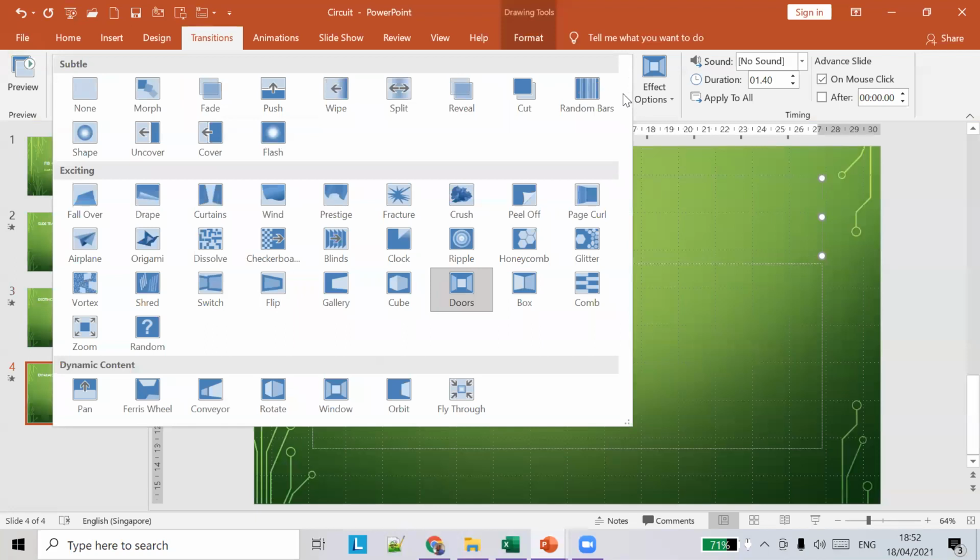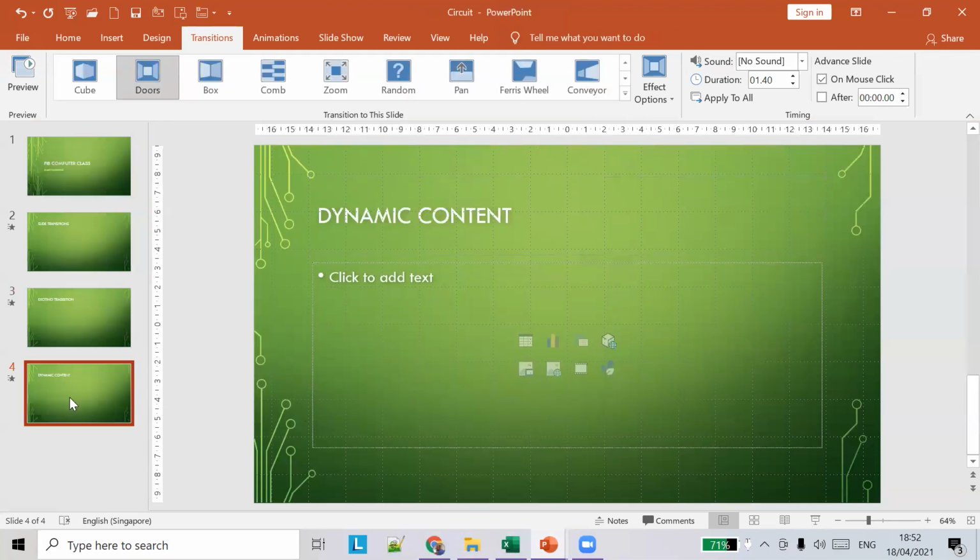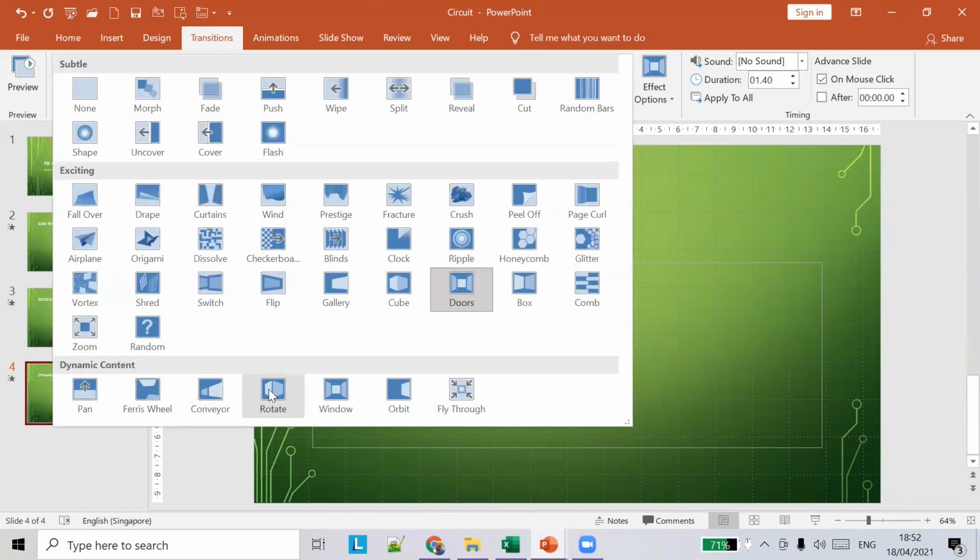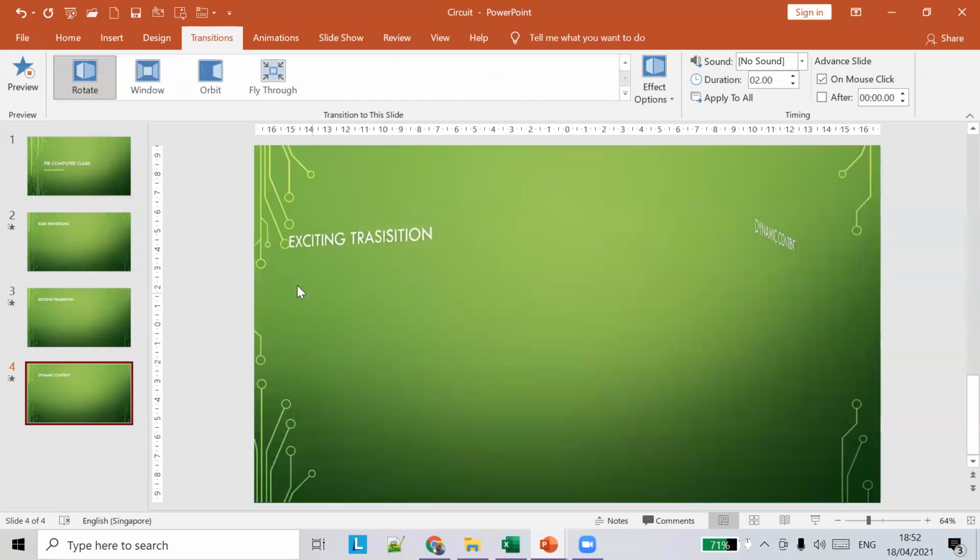You have to choose a slide and choose rotate.